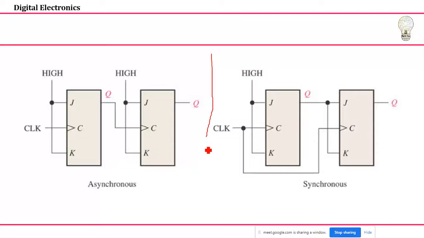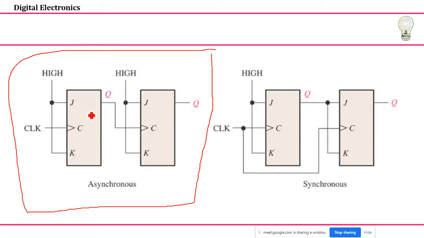So when it comes to these, these are all the asynchronous circuits we discussed in the last classes. Just see here what we did. J and K we are going to short and connect to high, so we are going to make it a 1. And the clock, you can see carefully, I'm going to apply to the first flip flop.